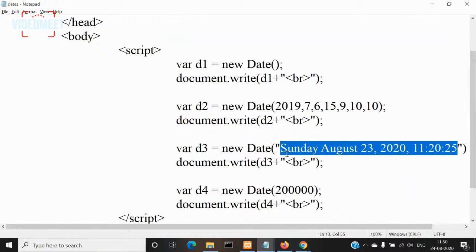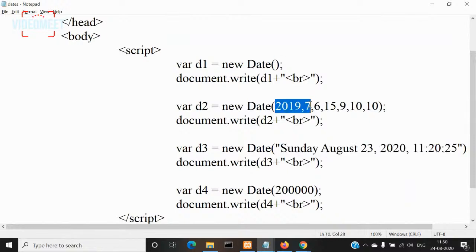So what do you understand from this? This constructor will receive a string parameter, this one will not receive any parameter, and this will receive integer parameters, 7 of them. And this last one will receive only one integer parameter, and whatever value you give here will be considered in terms of milliseconds. If you give 2, then 2 milliseconds. If you give 10, 10 milliseconds. 1000 milliseconds make a second, so if you give 2000, it will be considered as 2 seconds